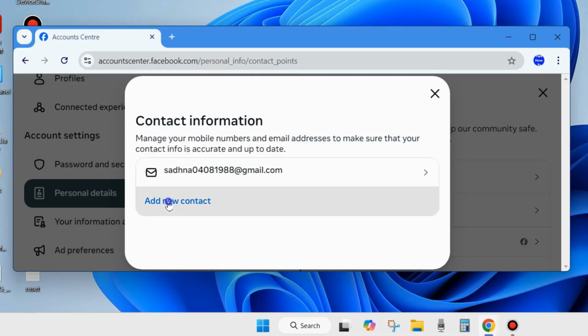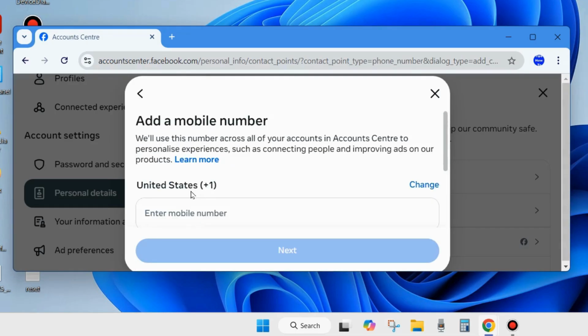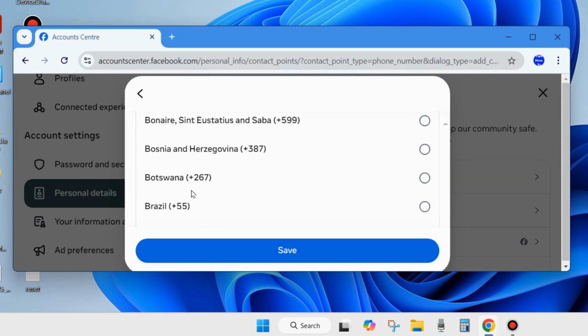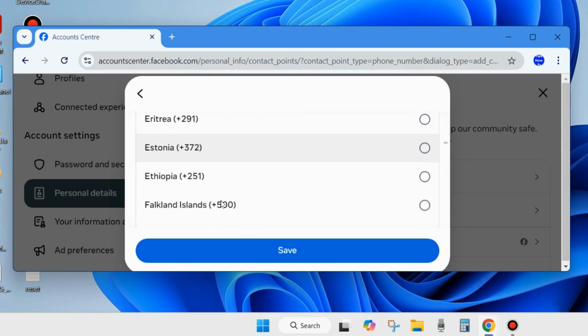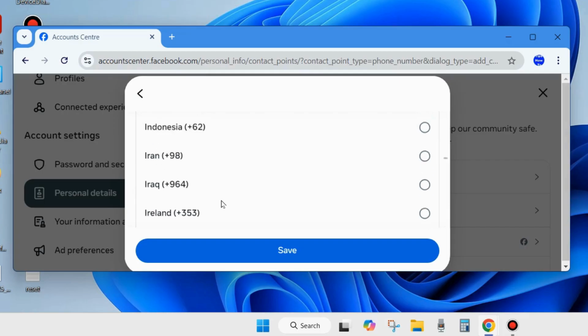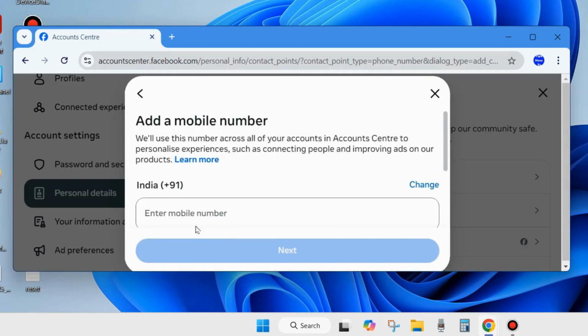Here click on Add new contact, and here click on Add mobile number, and choose first your country code. Click on Change and choose your country code from the available country codes. Click on it and click on Save. Enter your mobile number here,